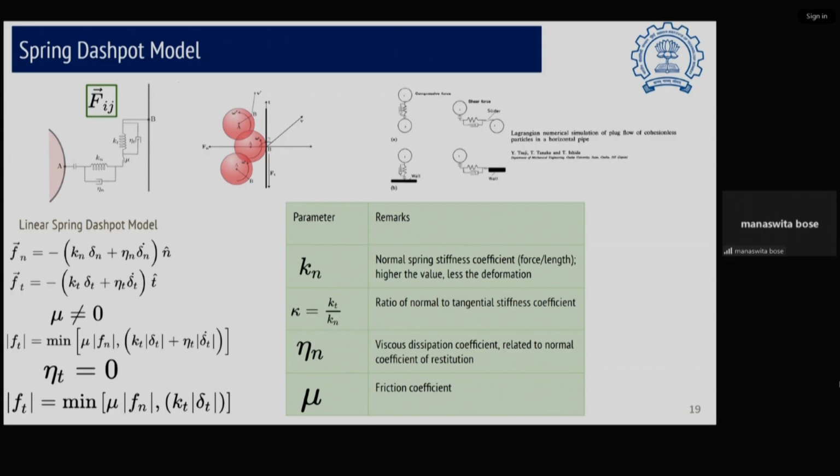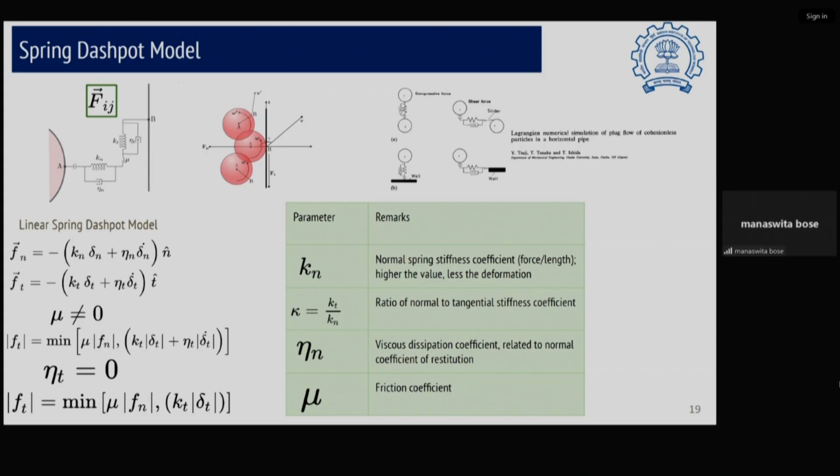You can look at other models, like Hertz's model and all, and from the compliances, we can start defining this spring stiffness constant as an inverse of compliance, from there we can get some ratio, and we can see the effect of them on the final result,